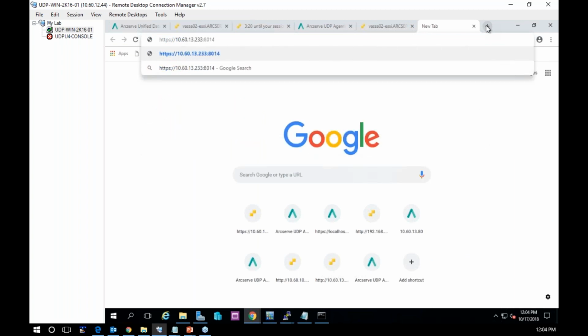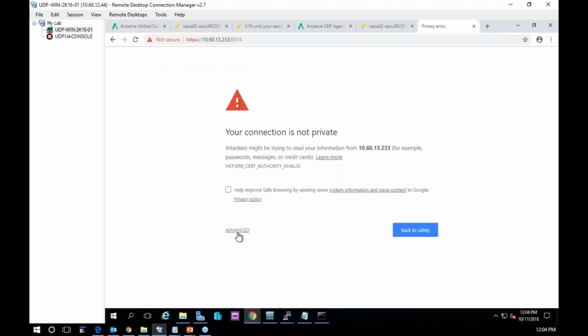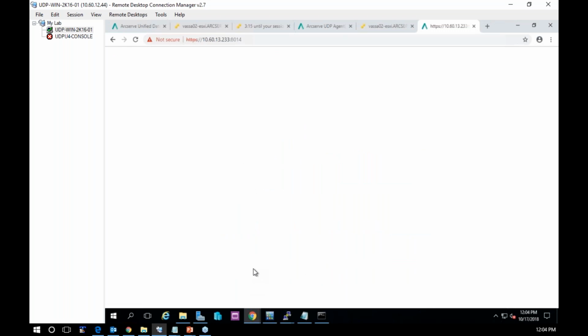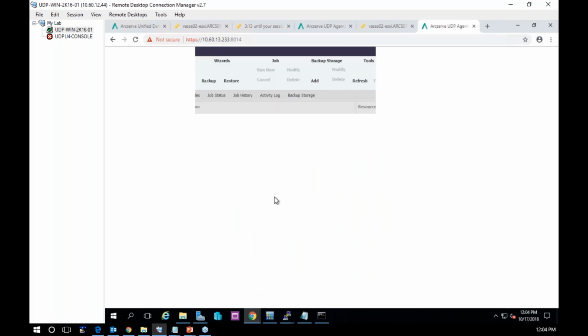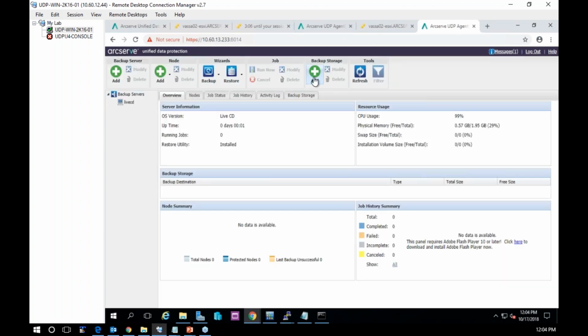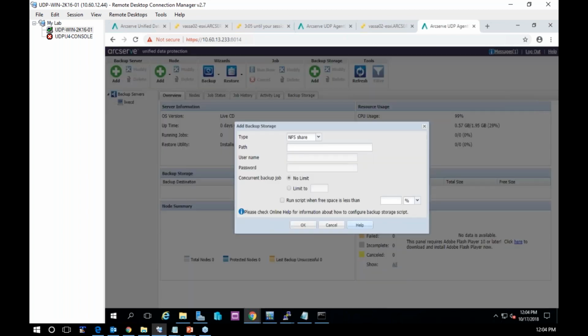The port I'm going to use is 8014. And I would be presented here with the, okay, so now what I need to do is add a backup storage here. Now, since this target node does not understand where I have backed up my data from where we are going